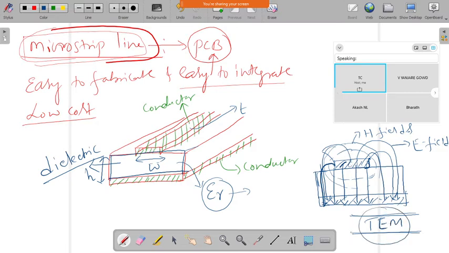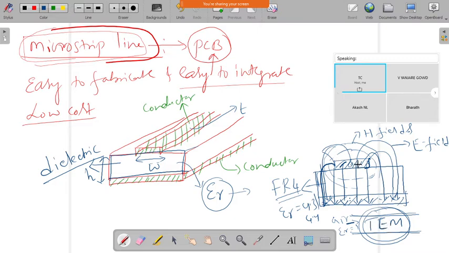Even here there are two conductors. There it is separated by air, but here the separation is with respect to a dielectric having some value of epsilon r. For example, take the commonly available material FR4, which has epsilon r equal to 4.3 or 4.4; some companies specify 4.4 and some specify 4.3. For air, epsilon r is equal to 1. So the wave propagation in a two-conductor transmission line is transverse electromagnetic.